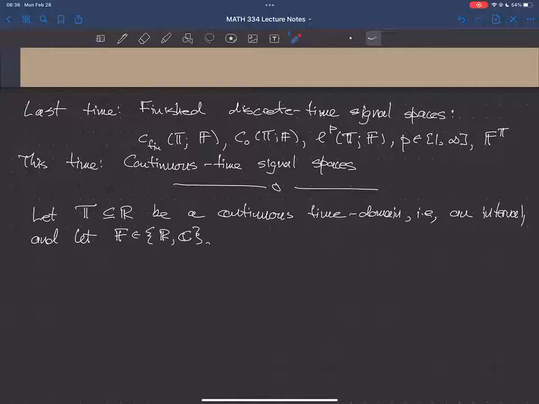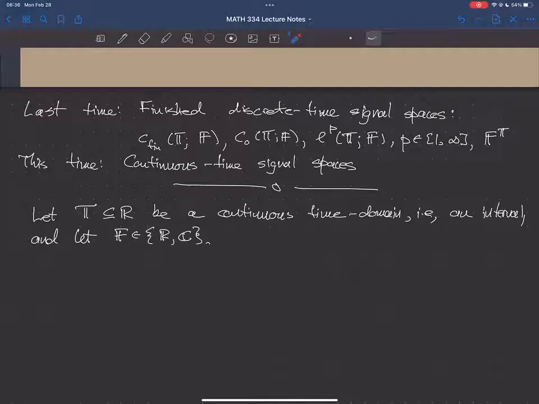So let's think about how we might even get the discussion started here. And let's do that by looking at how we did this in the discrete time case. Well, we didn't quite do it this way, but at the end of the day, what we did was we made the observation that this was a nice space of signals in a certain sense. So it was a nice space of signals in the sense that this was the space of signals with finite supports, so they're non-zero except on a finite subset.